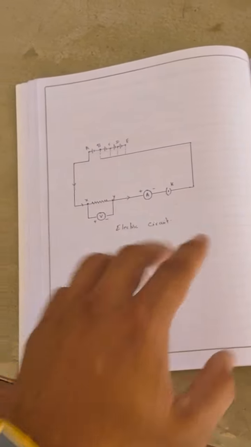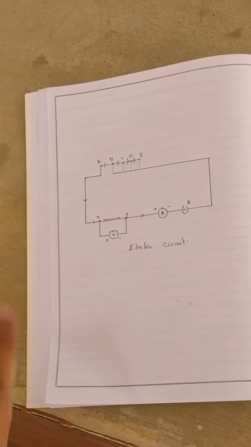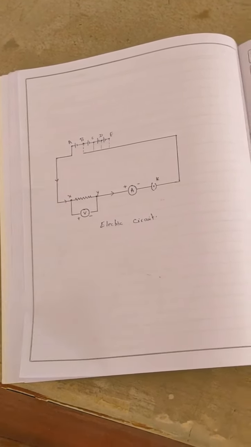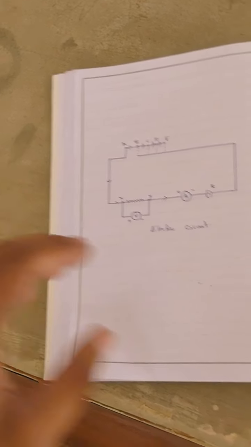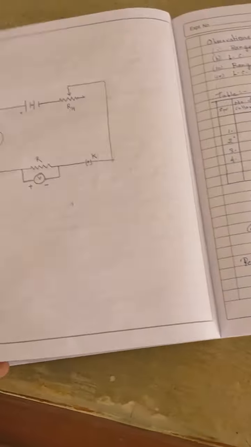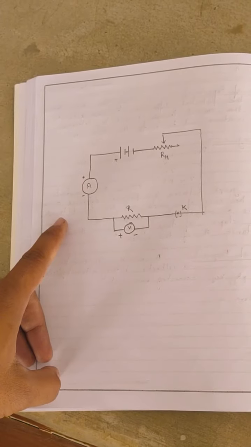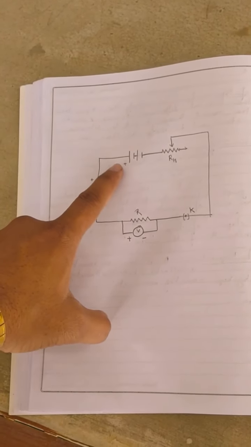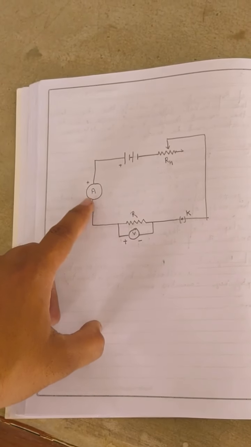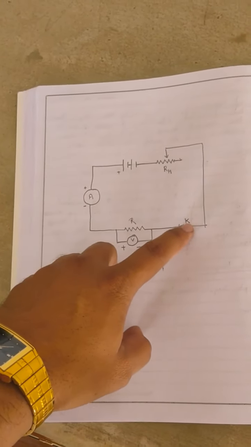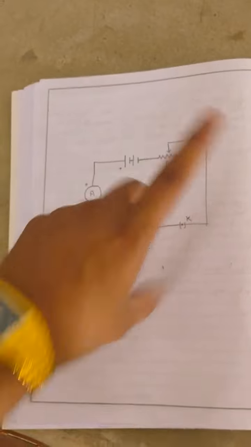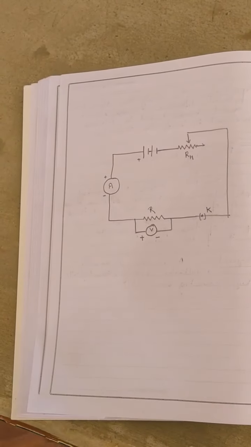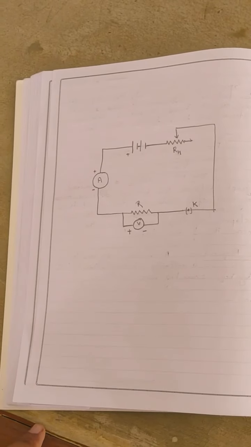So the circuit diagram you can draw like this if you are using the cell. If you are not using the cell, as I am doing here, it's better to draw this diagram, right? The very first, we will take the battery eliminator, its positive wire will connect to the ammeter, and then to a resistor, through the key, and then to the rheostat, and in parallel to the resistor the voltmeter will be connected. So let's see the connection.